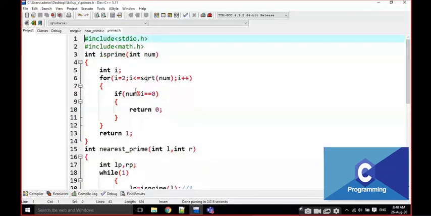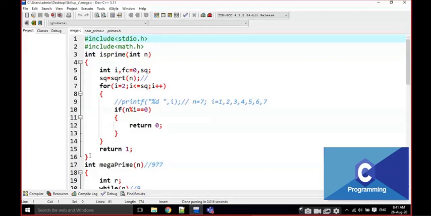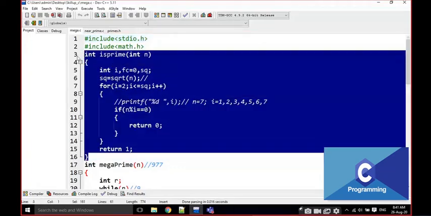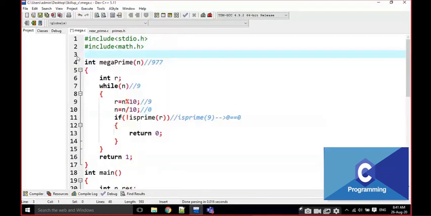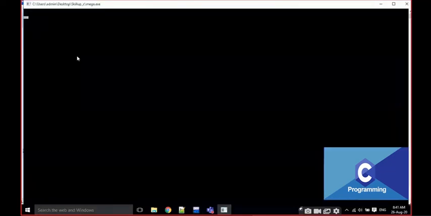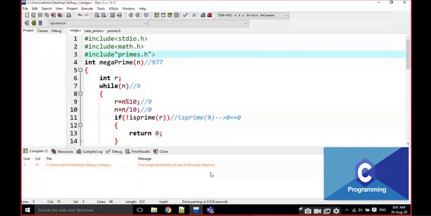If I write like this, I can use this primes.h in any program. Just observe, I am opening mega.c. In mega.c also the is prime functionality is there, right? Now I am going to delete this one and write hash include primes.h. If I execute it, okay, some error is there.